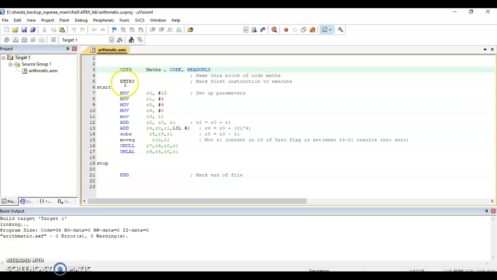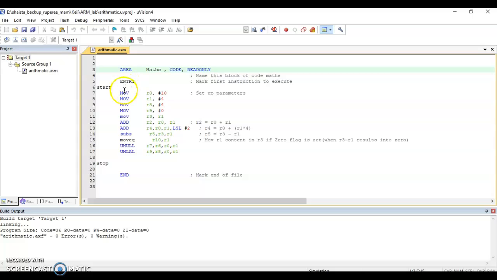Here we are using AREA, which is used to define the area, where the name of the area is matched, and its type is code, read-only memory. So that is nothing but defining a memory here, whether a code memory or a data memory, that you can define. Next is the ENTRY assembler directive.